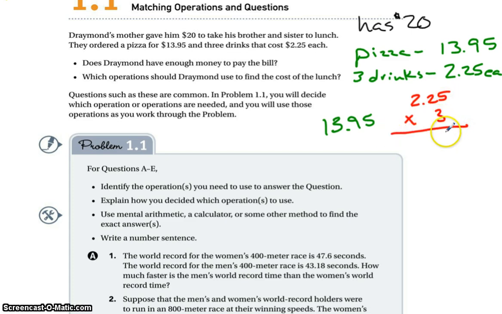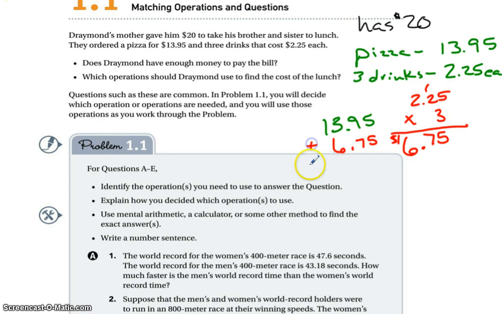So 3 times 5 is 15, write the 5, carry the 1. 3 times 2 is 6, plus 1 is 7. And then 3 times 2 is 6. And then we count the number of decimal places in our problem, and there are 2 decimal places in our problem, so we're going to need 2 decimal places in our product. And so 3 drinks would cost us $6.75. So we're going to add that